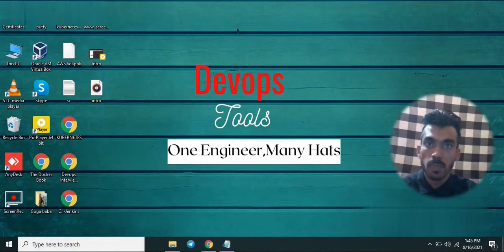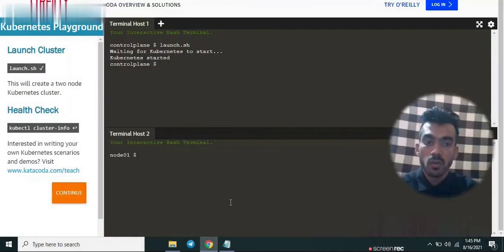For that, we will need to configure our NFS server. I'm going to use the storage of an NFS server. You can use different types of storage like AWS, Azure, or any different cloud provider service that can provide storage services. You can use that. For the time being, I'm going to use NFS.